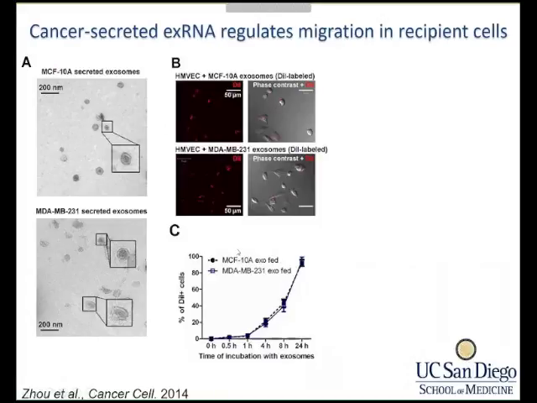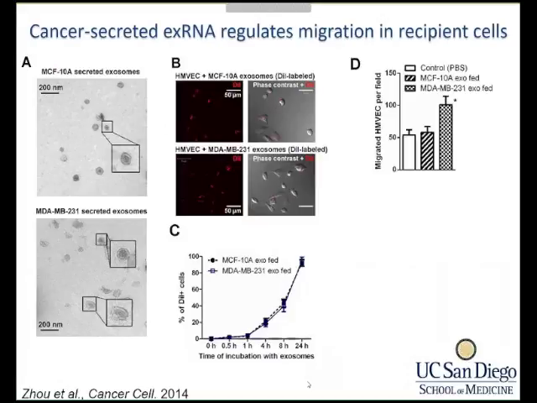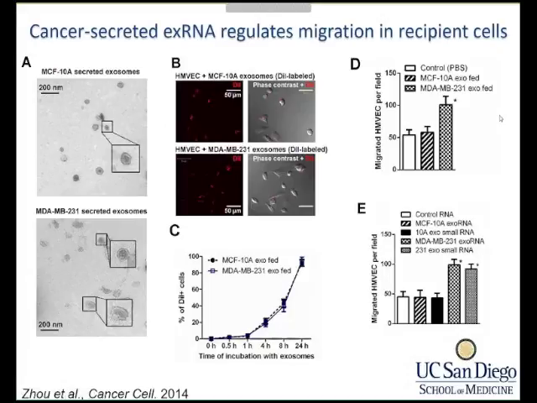Normal cell-derived exosomes and cancer-secreted exosomes show a very similar dynamic in uptake by endothelial cells. However, they have different functions in endothelial cells. So this is a transwell migration assay showing that cancer-secreted exosomes have the unique ability to induce migration in endothelial cells. And we further purified the RNA from these exosomes,